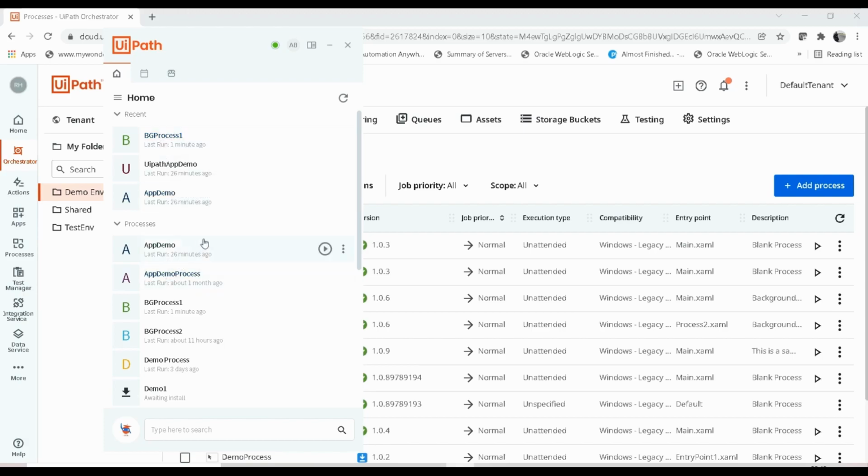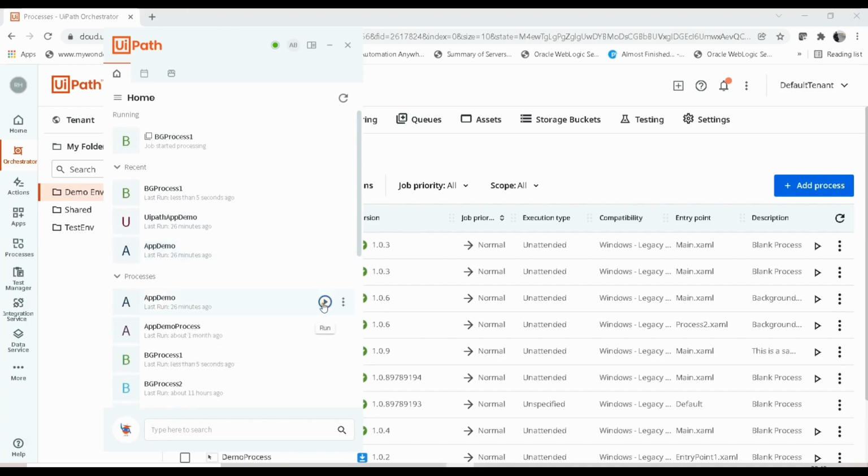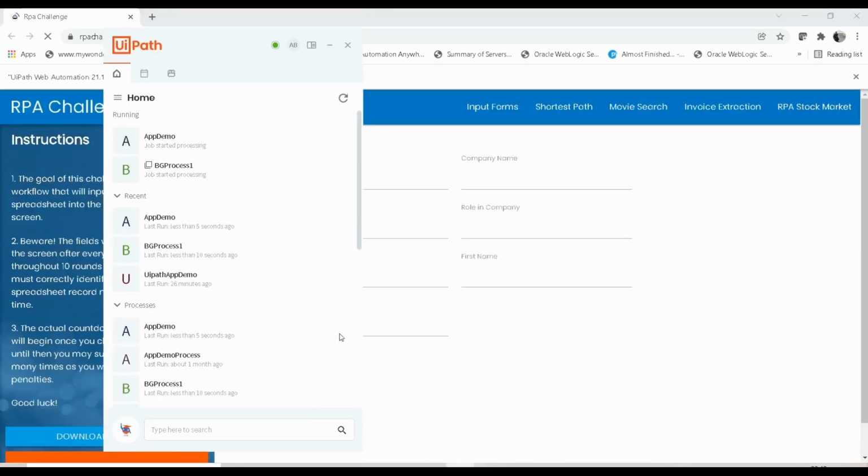What I'm going to do is run these two processes. This app demo is the process that we created for the calculator. So this also involves the UI. I'm going to execute both these processes at the same time. We'll see whether we get some error or not. Okay, both the jobs started processing.